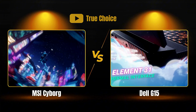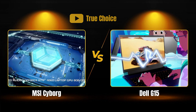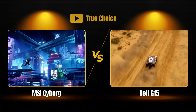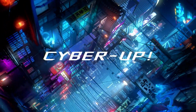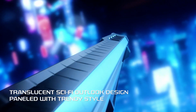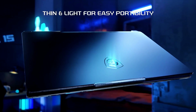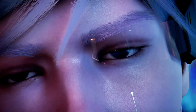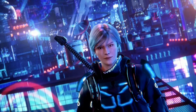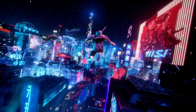However, the 165Hz IPS panels in the newer configurations of the Dell G15 may be brighter, have better color reproduction and wider viewing angles than the MSI screen. So if you are playing competitive games, both models will offer a smooth experience, but the G15 screen may be a bit ahead in terms of media consumption or content production. On the other hand, the MSI Cyborg screen is fast enough, but color saturation and contrast levels may be limited